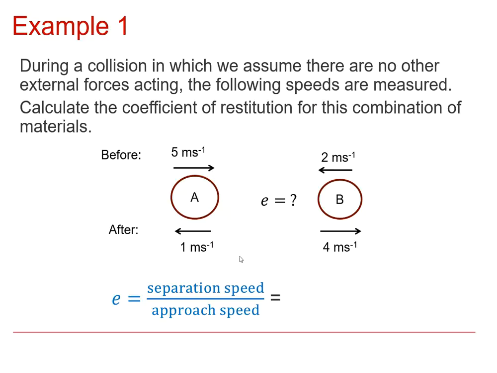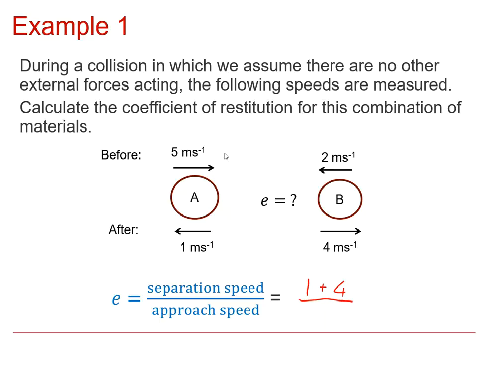So we need the separation speed. Now, because they're moving in opposite directions, those two things are going to add together. So if that moves 1 meter that way, while that moves 4 meters that way, then they've separated by 5 meters, and that's happened within 1 second. So we add those together. So that's 1 plus 4,